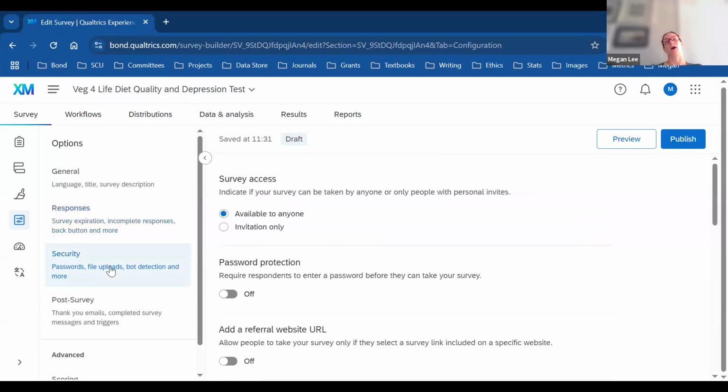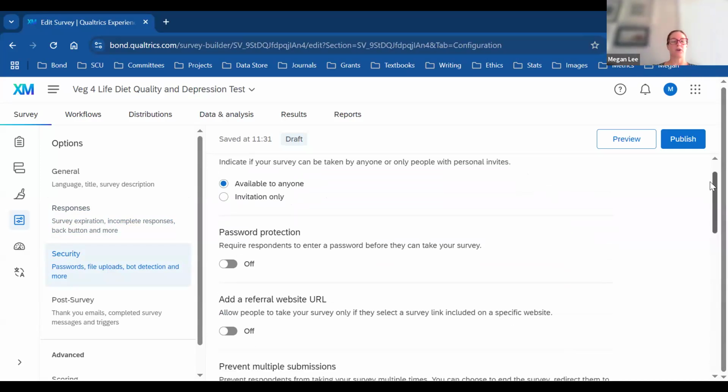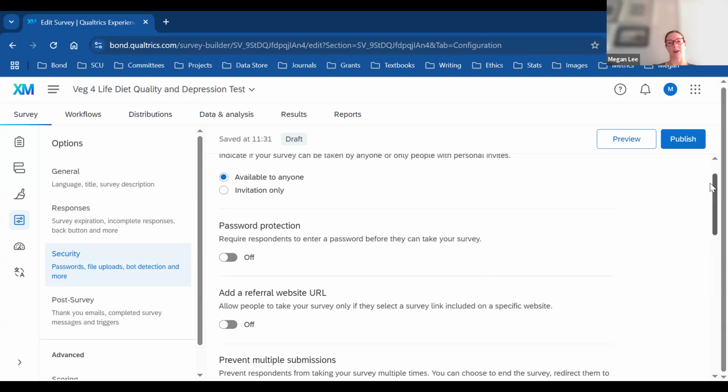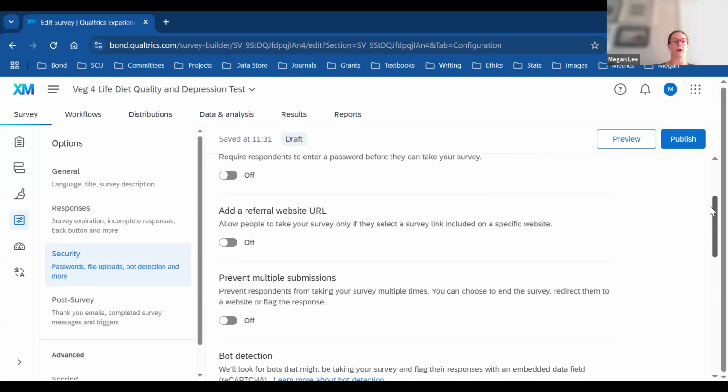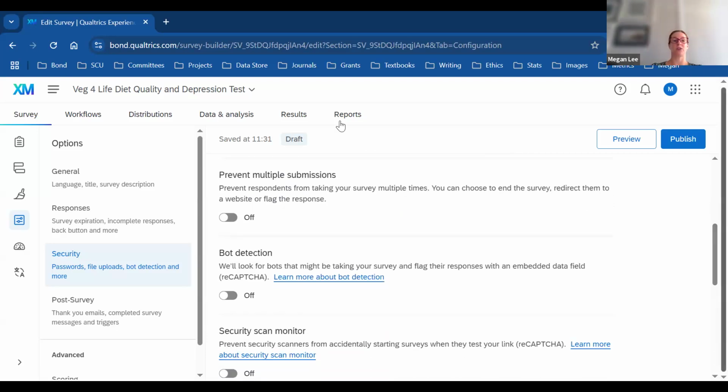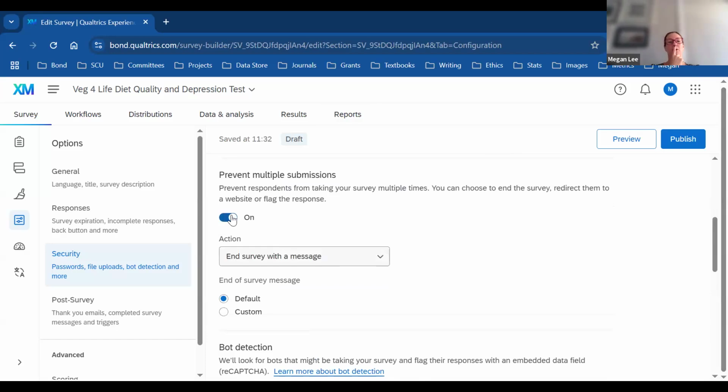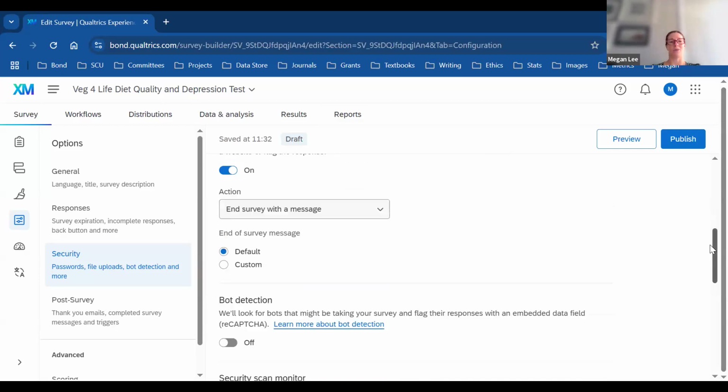Then you've got your security. I know I showed you how to put the captcha in at the beginning of your survey, but there is also an option here to provide a more detailed captcha as well. You can password protect your survey so people have to have a password to be involved. You can, and this is a good one, prevent multiple submissions. That will stop participants from being able to access the survey from the same computer. That's a really important one because sometimes participants will forget they've done your survey, or someone will be going in and trying to make multiple answers to your survey